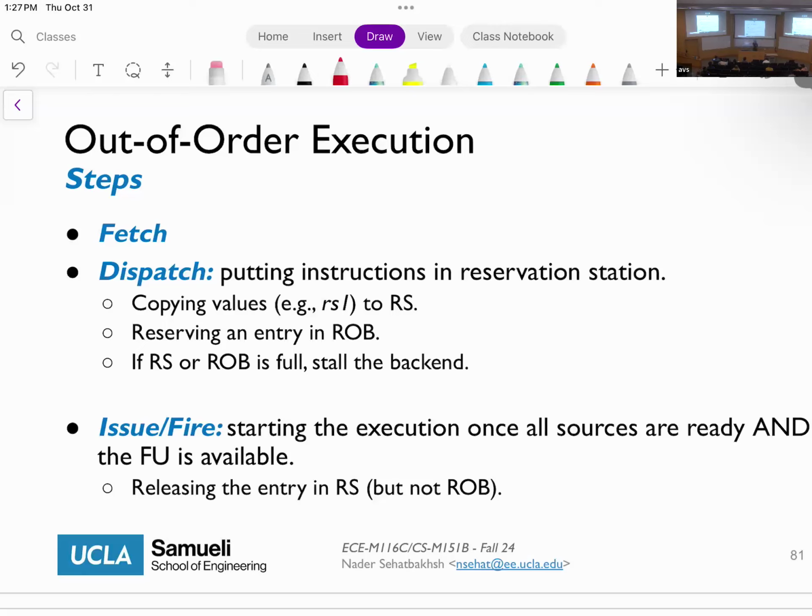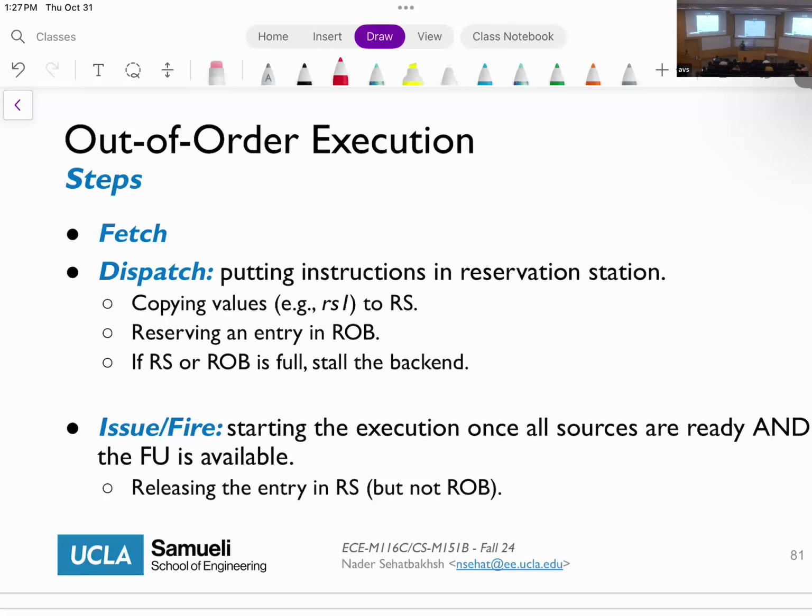And if either the RS, reservation station, or the ROB is full, we're going to stall the processor. We're going to stall the fetching and decoding. We're no longer going to decode and fetch until one entry becomes available. Okay. Once we put things in the dispatch, the next cycle would be issuing,